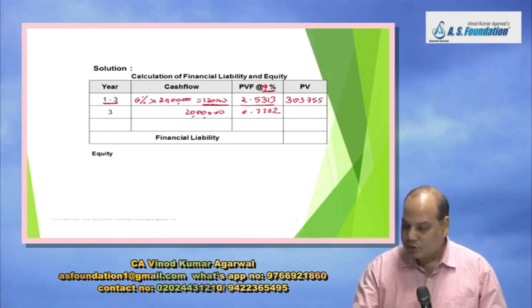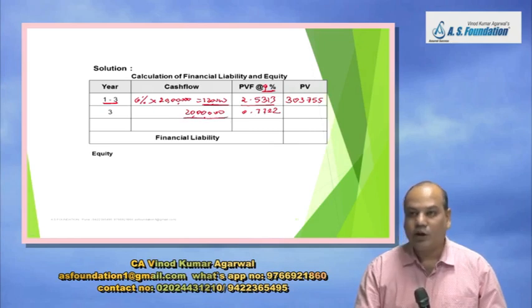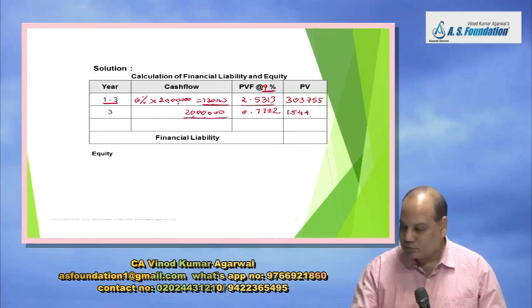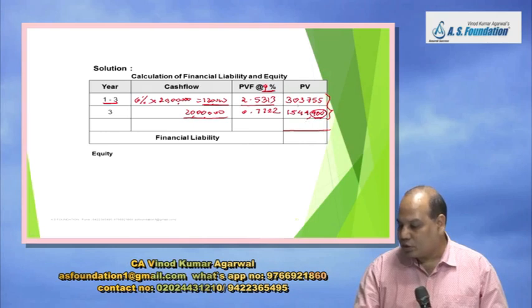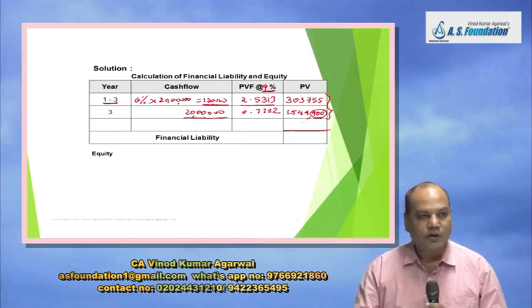3,03,755 approximately. No problem, the last digit may be different. 20 lakh into 0.7722 is 15,44,400. Okay, 400 or 360 is okay. Approximately, the last 3 digits can be different. Now the total of this present value of cash inflow